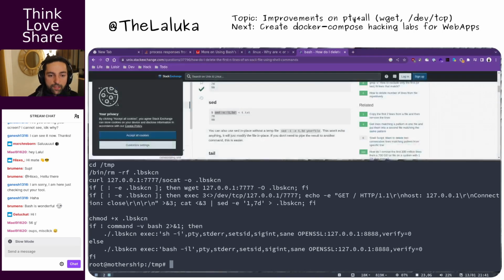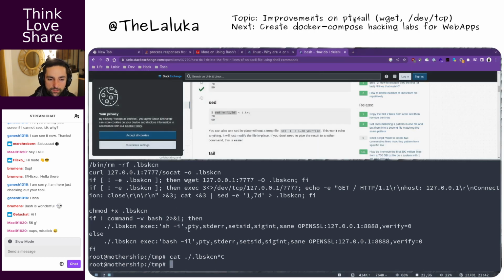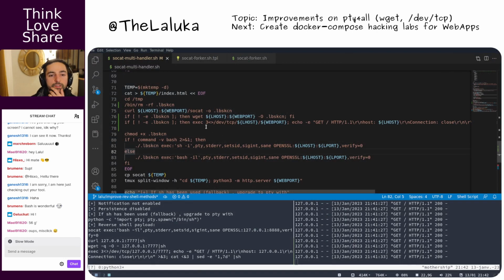Oh, I think I get it. If it does not download the right thing, what it downloads is the script that we try to execute. So that makes sense. We're not using the right port.